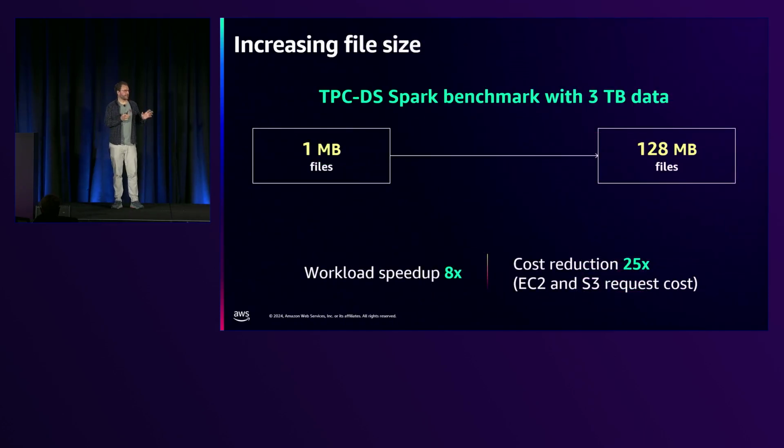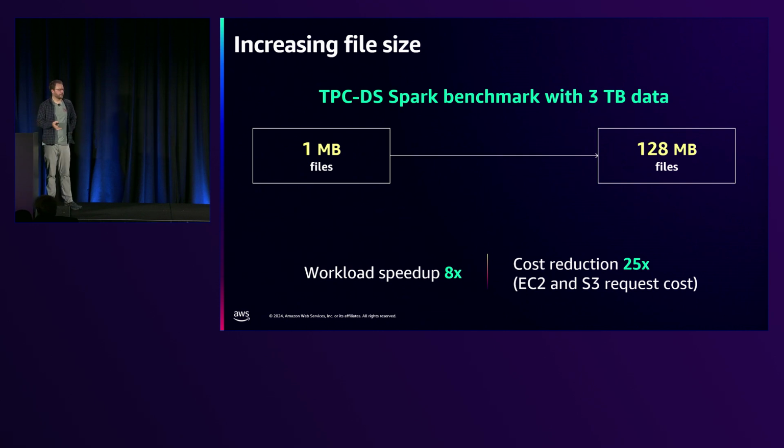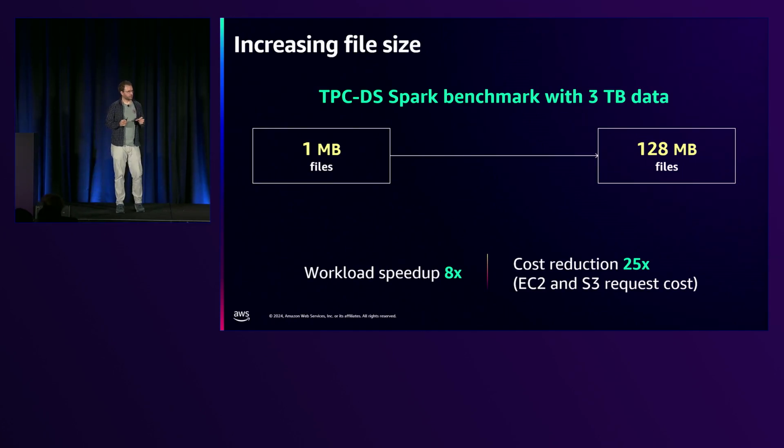So let's look at an example of how much this can really improve your workload. Here we used a TPCDS benchmark. This is a common data lake benchmark for Spark. And we used 3 terabytes of data. In one scenario, the data is in small files, 1 megabyte in size. And then in another scenario, we use the same data, but the file size is larger. It's 128 megabytes. Now, the workload with the larger files runs 8 times faster, and the overall cost is reduced